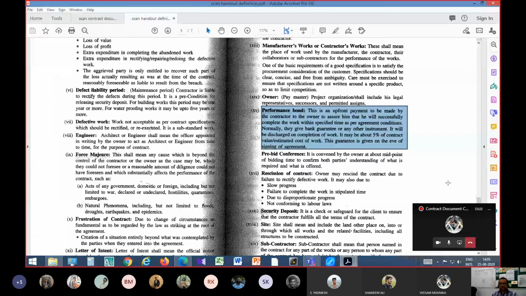So there are two options during signing of the contract. I will give you back the earnest money because you are signing a contract with me, and then you again pay me 5% as the performance bond. Or you say, okay, out of the 10% of the estimated cost, 5% I am returning you as return of earnest money. The rest 5% I am converting into performance bond on your behalf.